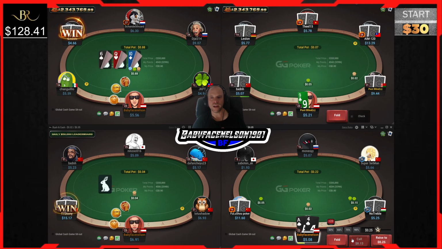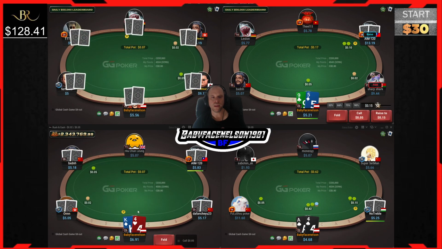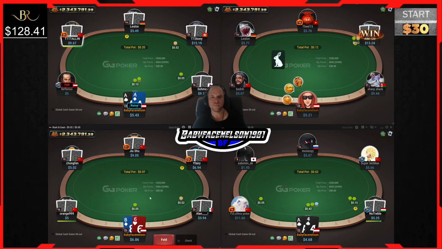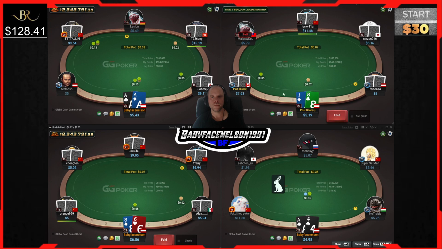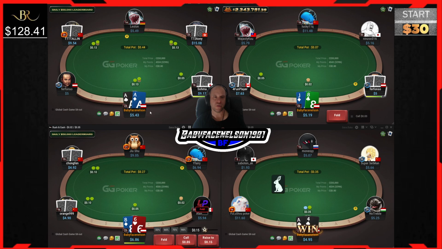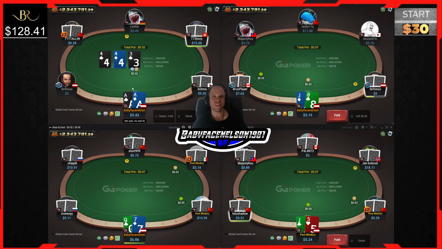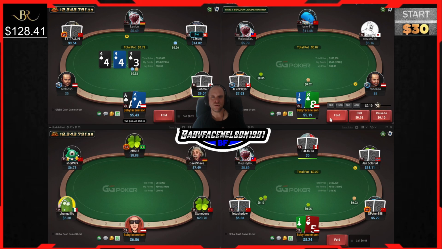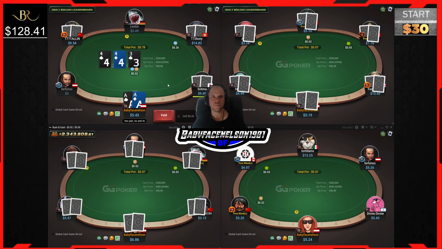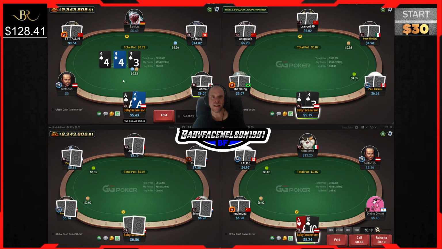Okay, just hold out. Go for a steal with ace full suited. So as you can see, we gained it back there anyway. Single raised pot. We need an ace. We need an ace, and now